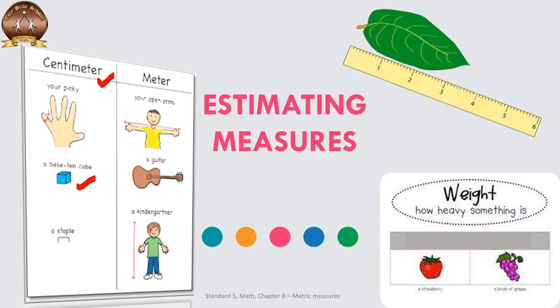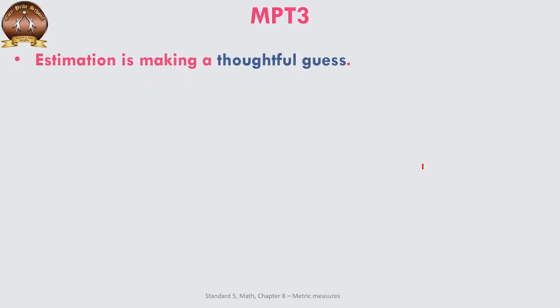Now let us see, where do we estimate weight? For example, you bought 2 kgs of grapes and your neighbor says that I too wanted the grapes, and you felt that, okay, I'll give you 1 kg of mine, I'll get another one when I go to the market. So what do you do? You separate the grapes into 2 equal halves. Do you count the grapes while separating? No, you do it by estimation. So these are the places where we use estimations.